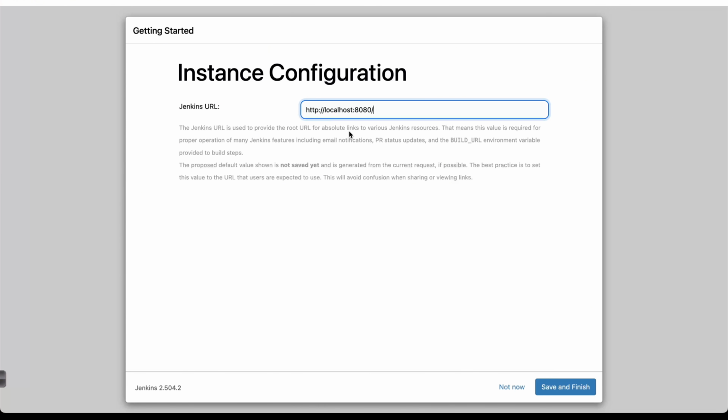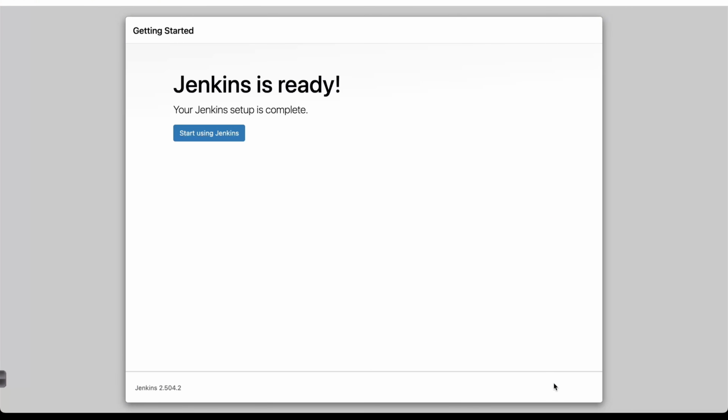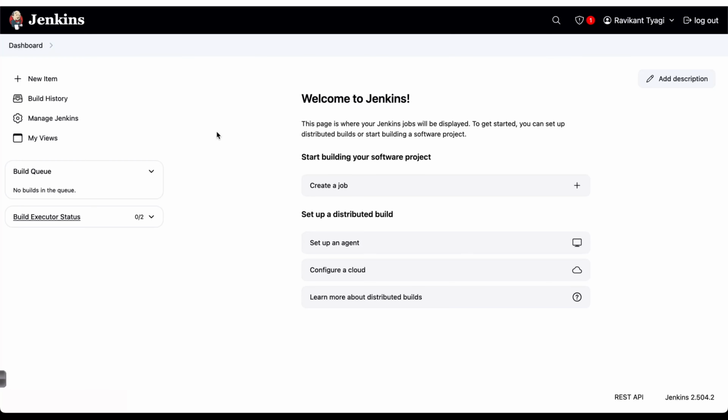Now the instance configuration is available to you. It will run on 8080 if you want to change something. Not now. You can save and finish, start using Jenkins, and we are done. Here we are, and Jenkins is ready to work for us. If you want to configure anything, you can do that. Otherwise, we are ready to start working on Jenkins.